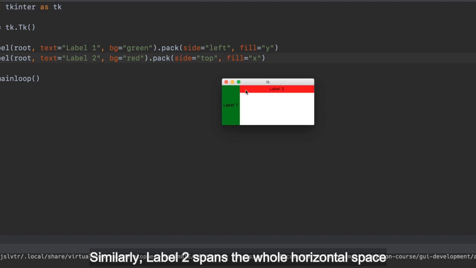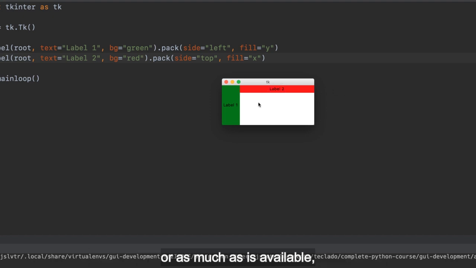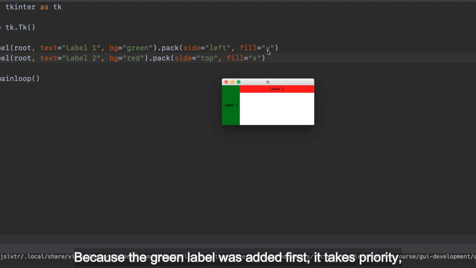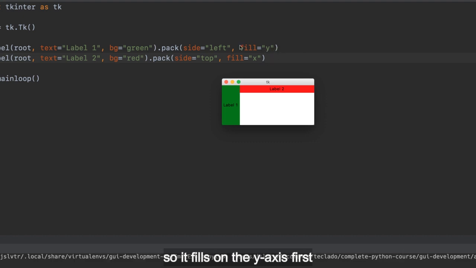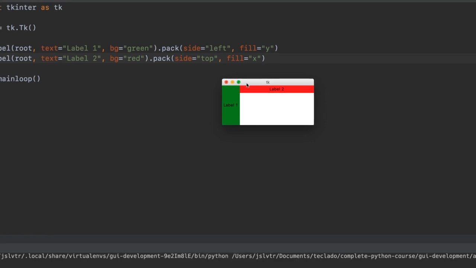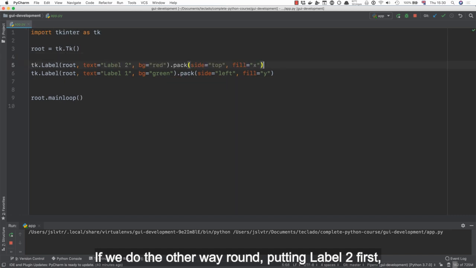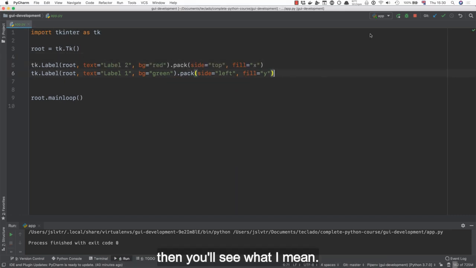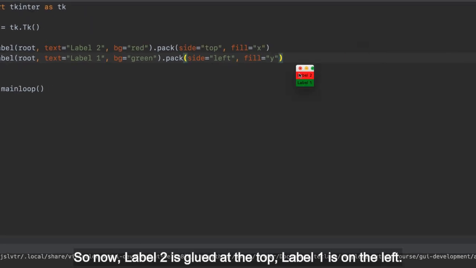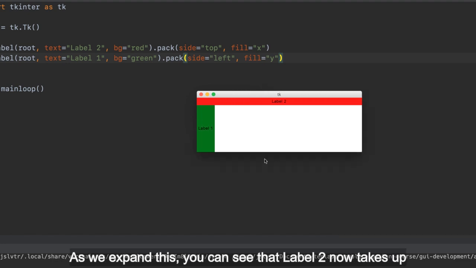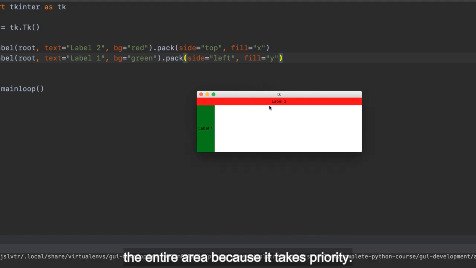Similarly, label 2 spans the whole horizontal space, or as much as is available, but there is a gap here where the green label is. Because the green label was added first, it takes priority. So it fills on the y-axis first before label 2 has a chance to expand. If we do the other way round, putting label 2 first, then you'll see what I mean. So now label 2 is glued at the top, label 1 is on the left. As we expand this, you can see that label 2 now takes up the entire area because it